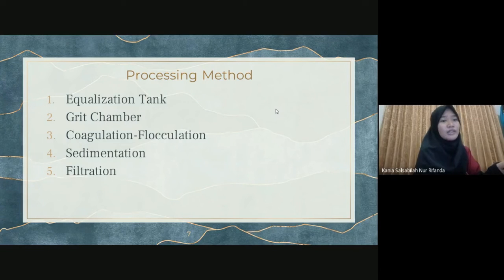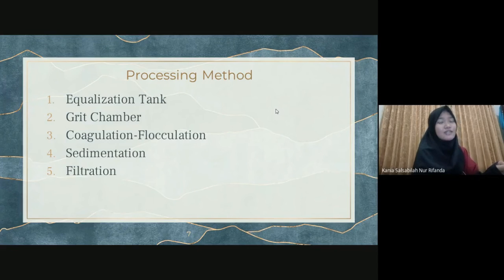Then coagulation flocculation. This unit has a high removal of total suspended solid, namely by stirring and adding chemicals to the reactor, so that the coal powder in the waste forms a floc which will then be settled. Then sedimentation. After the floc has increased in size, the floc will settle at the bottom of the reactor to form two layers, namely clear and turbid.